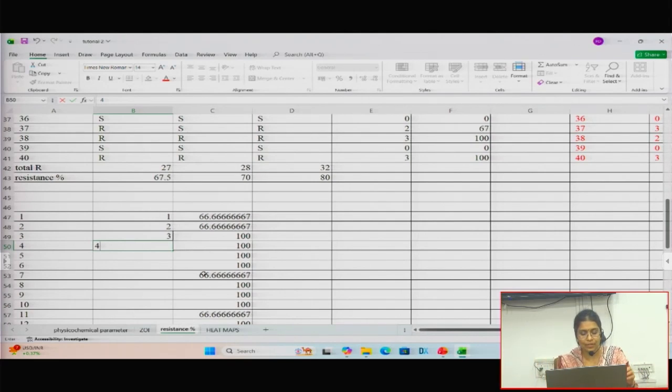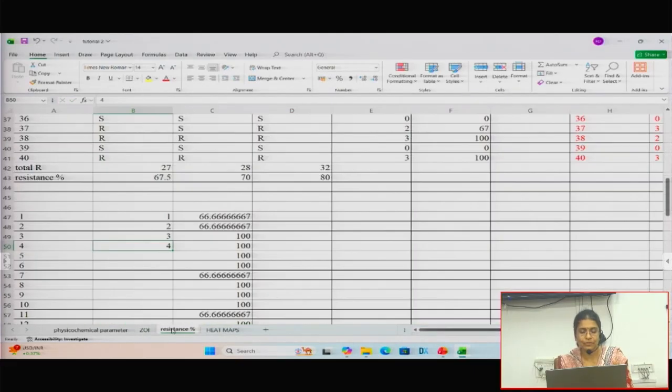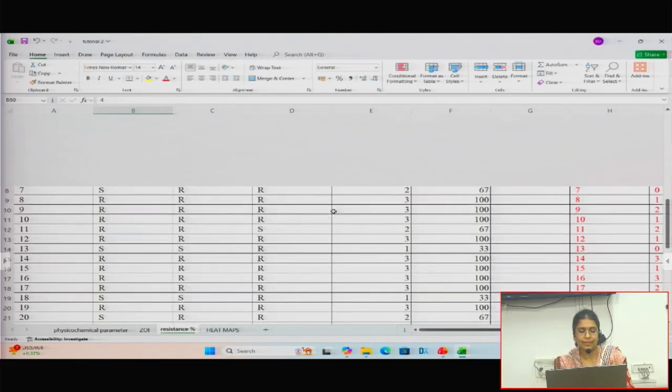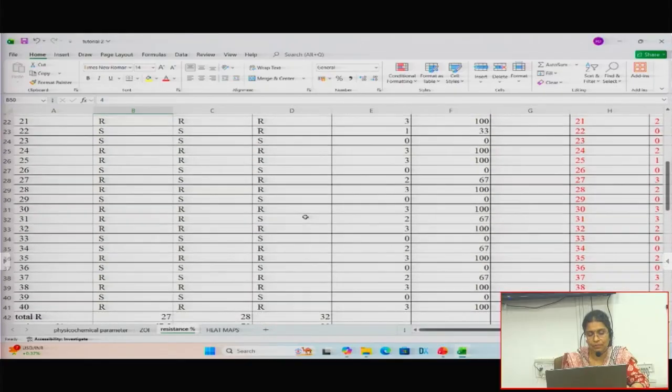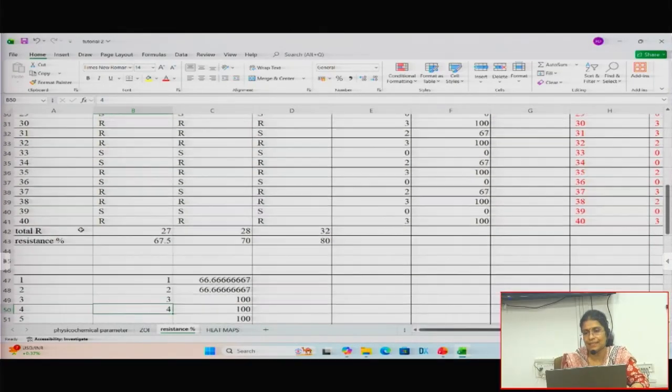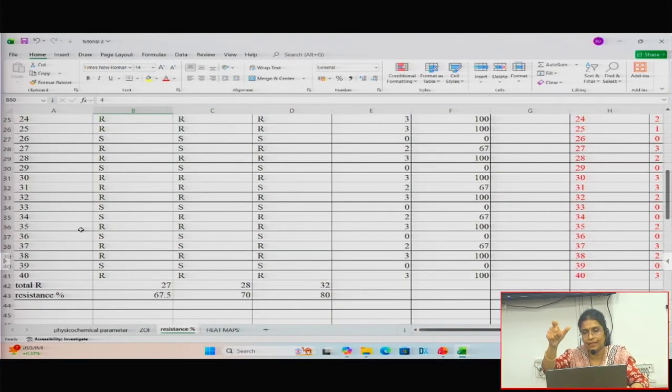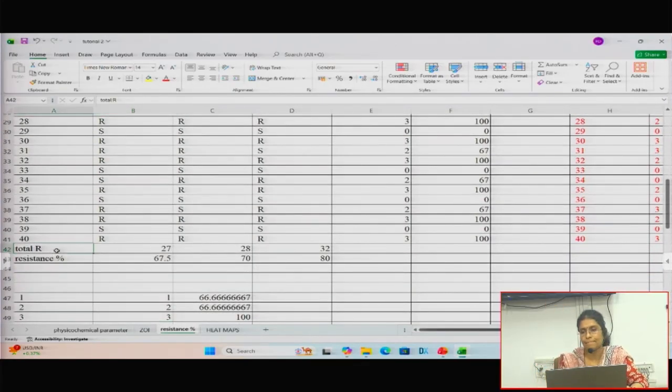But before we go to the next sheet, can you also calculate amongst these 3 antibiotics, which is the one which is giving the most resistance? So when you come to the bottom of your sheet, calculate the total resistance of a particular antibiotic for all the zones. Vertically, for a particular antibiotic across all the locations, what is the corresponding value for resistance? Do you get my point?